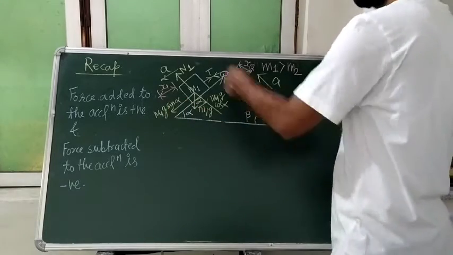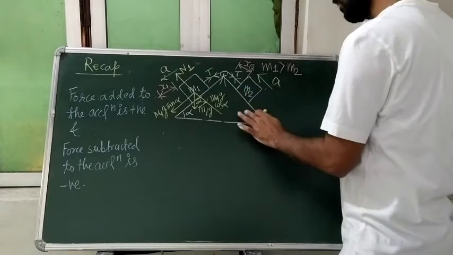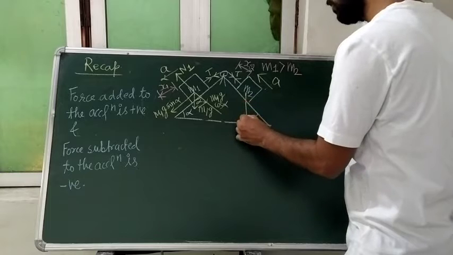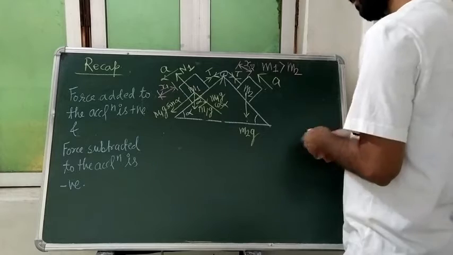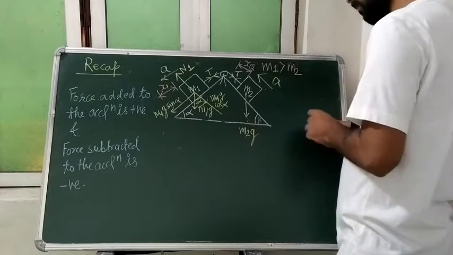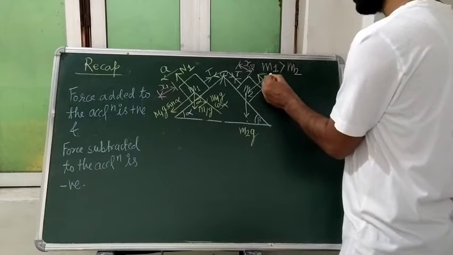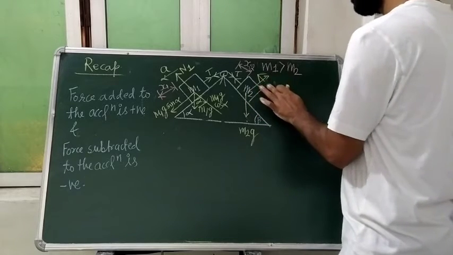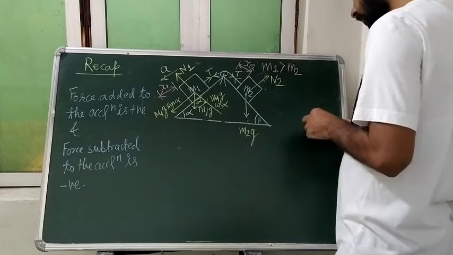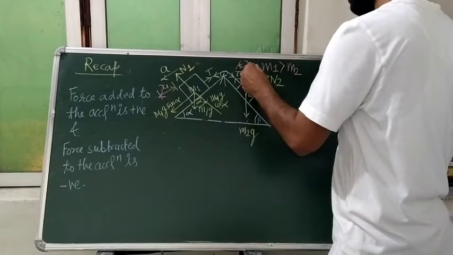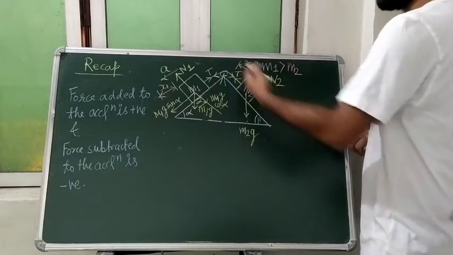And of course tension is acting in this direction. For block M2, the force due to gravity is going to act in this direction. So this M2g is acting here, and suppose beta is represented here, and due to the contact present here, normal N2 is going to act perpendicular to the contact surface. And I'm saying A is here. Okay. And tension we have represented.